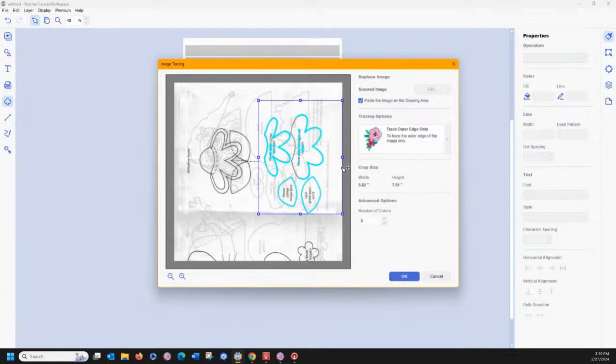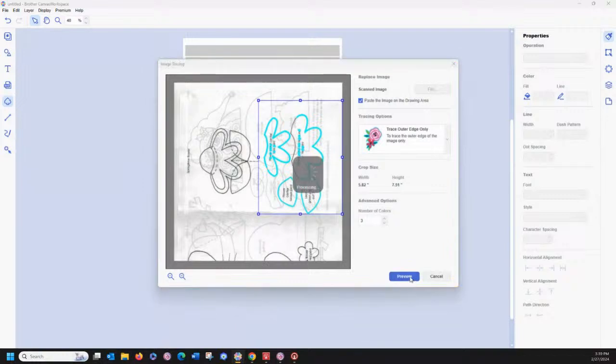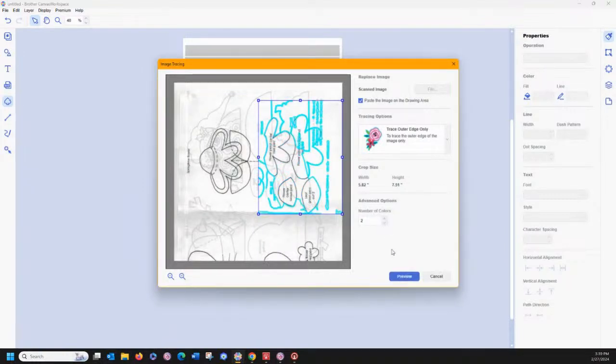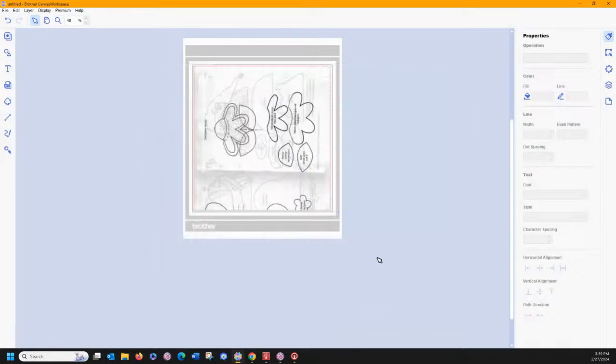There we go. All right, so change your number of colors down to 2. Now, it almost got everything, not quite. Let's see what 3 does for us. 3's too much. We'll go with 2 and see if we can't fix this. And then say, okay. Close, but not exactly. So then you can come in and play with it.